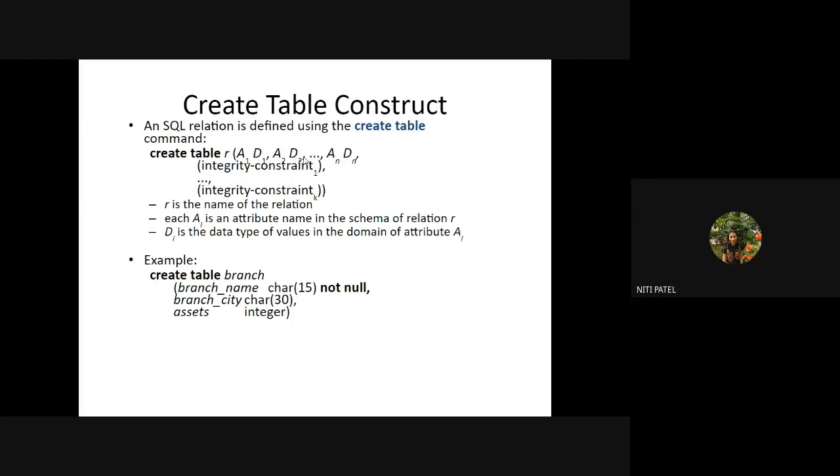Again, if you are adding one more column, put a comma. Attribute 3, data type 3. Again, if you are adding a column, put a comma. Attribute 4, data type 4. Now, after all the attributes are added, you can add integrity constraints also. If you want to add an integrity constraint after the attributes, put a comma. Integrity constraint 1, comma, integrity constraint 2, such as primary key, null, not null, unique key. Whatever constraints you want to add, you write them separated by commas.